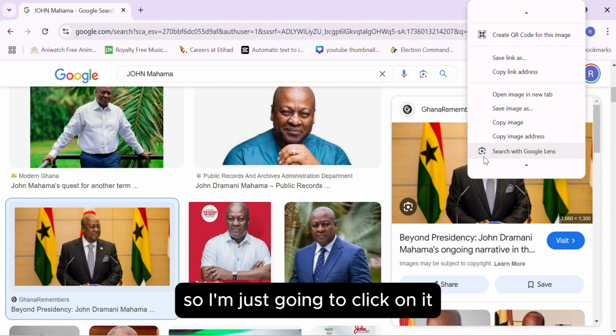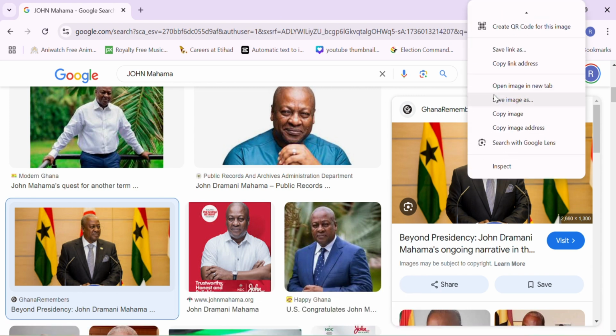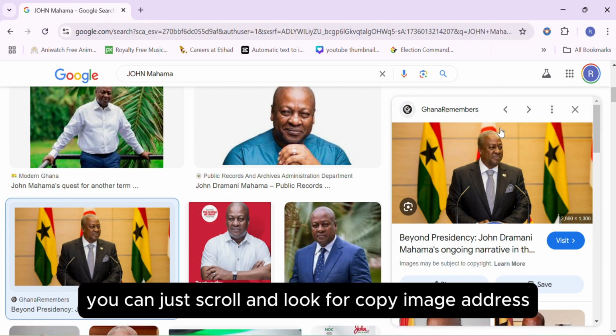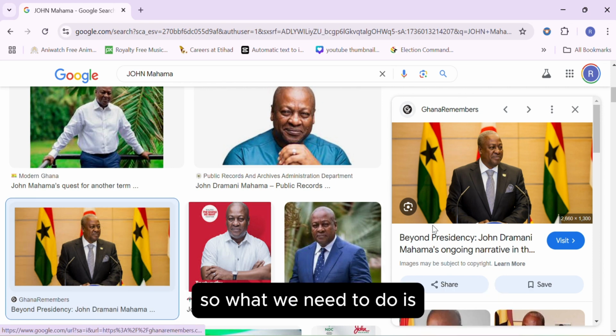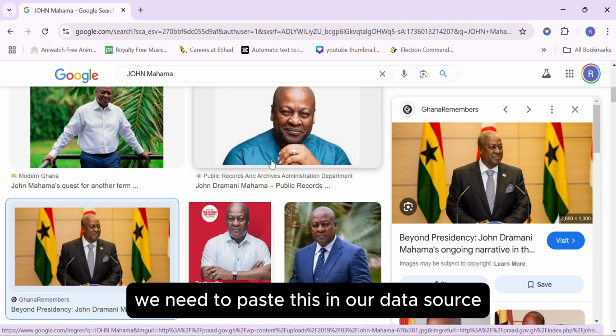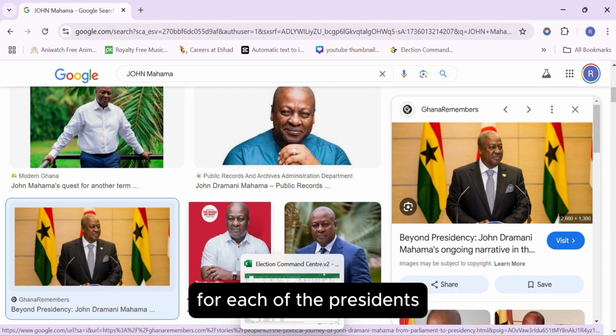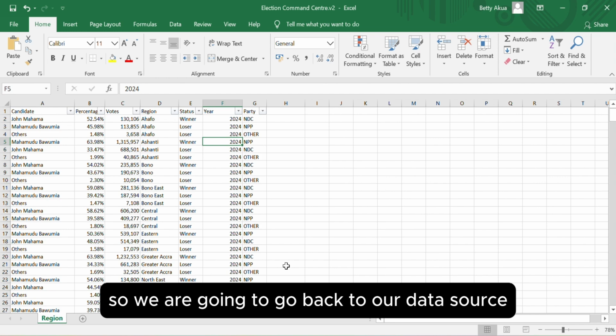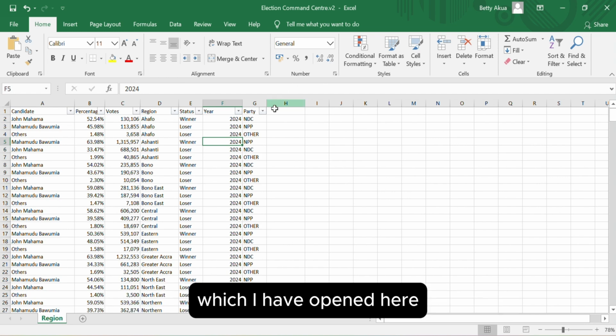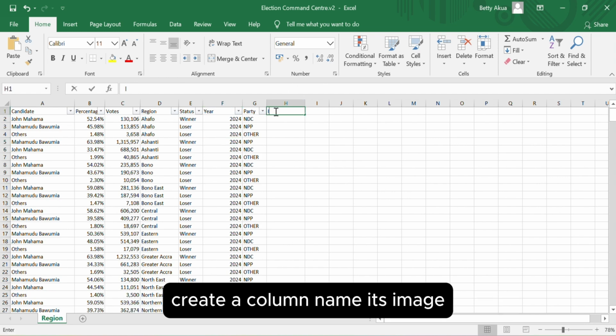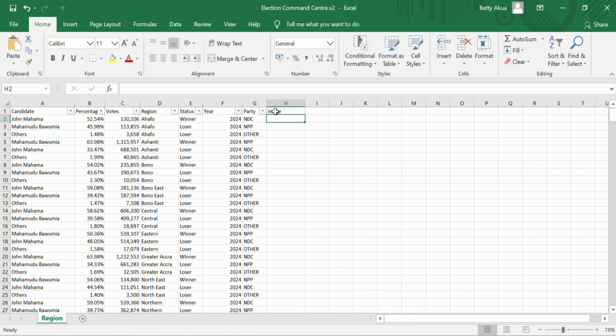So I'm just going to click on it, and once I right click on it, you can just scroll and look for copy image address. So what we need to do is paste this in our data source, create a column and paste it in our data source for each of the presidents. So we are going to go back to our data source, which I have opened here, create a column, name it image,